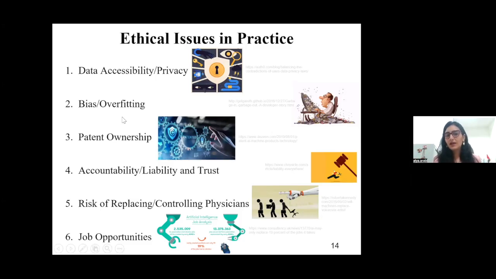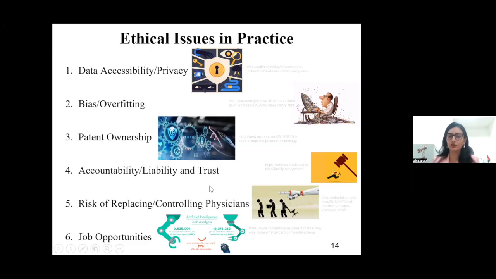There are bias and overfitting. AI is very data hungry. If you don't have a lot of data to train the system, it could start giving you not-so-good outcomes. It could be biased toward training on one part of the world as opposed to another, and that also is not good. For example, you cannot predict the potential of developing cancer for Europeans and use that tool for Africans, because their genes are different and they respond differently to exposure to sun, for example.